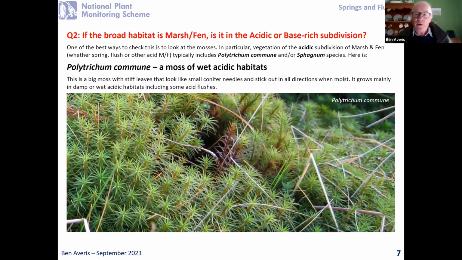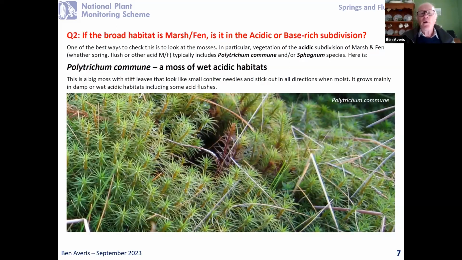Specifically, these are species that you get quite commonly in springs and flushes. There are other kinds of species that you can get in marsh and fen broad habitat that aren't really spring or flush species, so not bothering with those here. And I think I said this before in the previous marsh and fen one, that when it comes to separating the acid and base rich types, mosses are quite telling, even though they're strictly not in the remit of NPMS. But I've put quite a few of them in here, because they really do